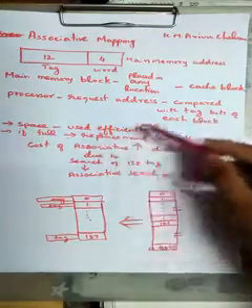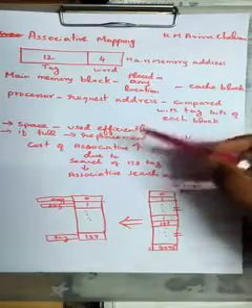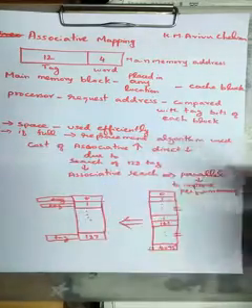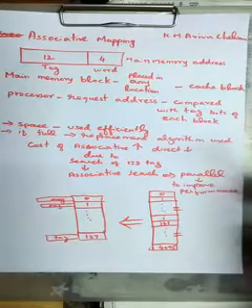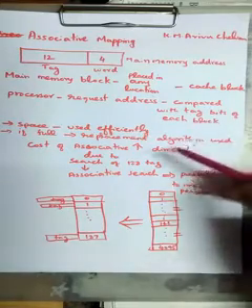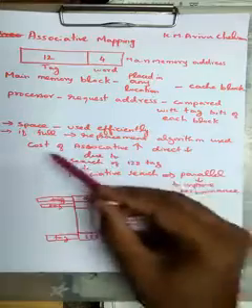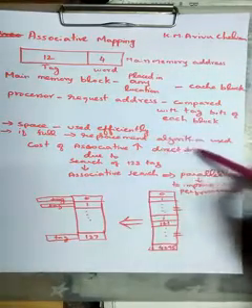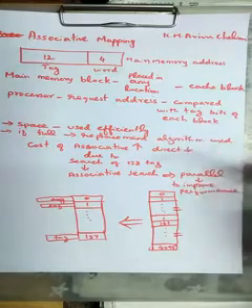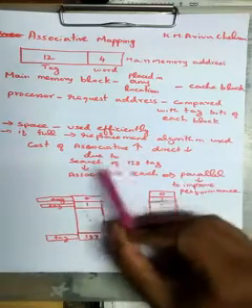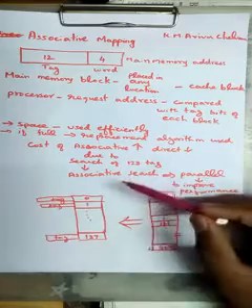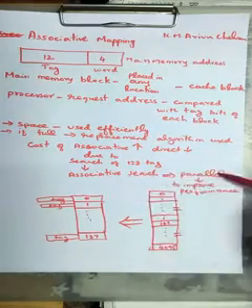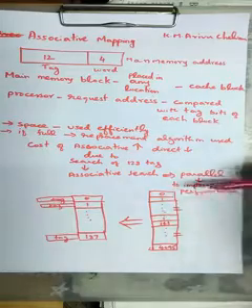We need not worry about the space, because wherever it is free we can use that space, and if it is full we can use some replacement algorithm. Whichever replacement algorithm is efficient, we can use it and manage. The cost of associative memory will be high due to the associative search compared to direct mapping. Direct mapping cost is very low, and due to the search of 128 tags, the associative search will be very complex. So if we do that search in parallel, we can improve the performance of associative mapping.